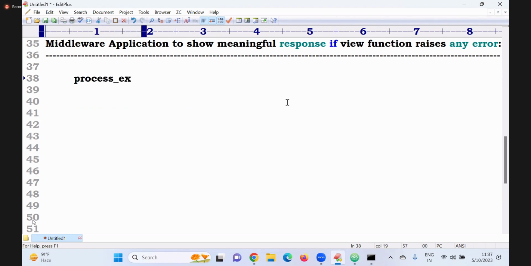There is a method: process underscore exception. Inside, the first argument is self. Next I am getting request. Next I can pass this exception information. Self is the current class object reference. I am getting one request, for that I will give a response. That response is nothing but the exception, same as in regular classes where you write as MSG. This exception we are forwarding to the end user.